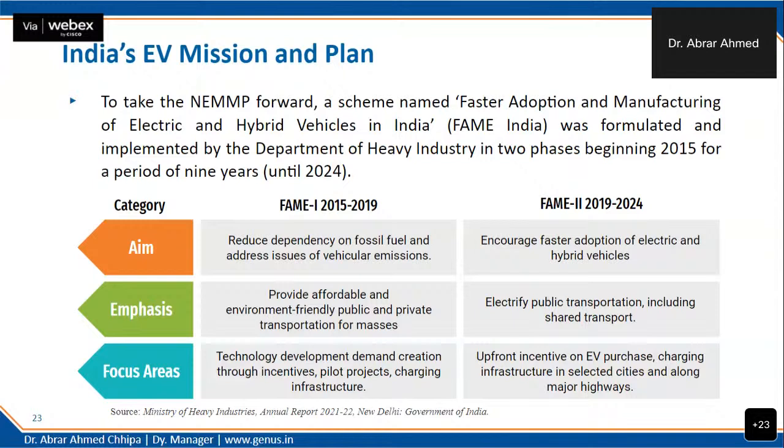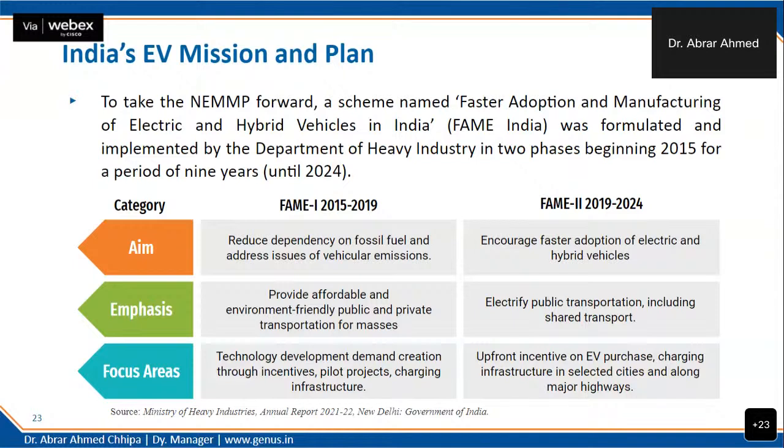First we need to create the demand, then only the EV gets adopted. So pilot projects were produced, and charging infrastructure was developed so that the EV buyer gets the confidence of buying the